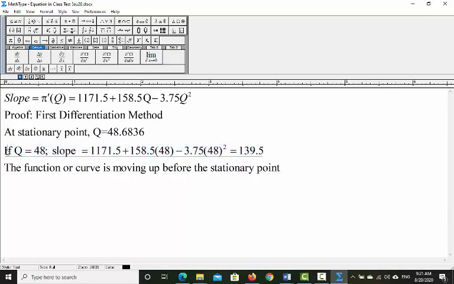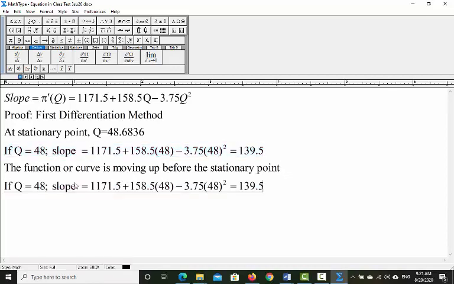So now we will check after the stationary point. After the stationary point, the value of Q will be any value higher than this one. You can take 49, you can take 50. For simplicity, let us take 50. So here we will have 50, and again here we will have 50. If you do the calculation,